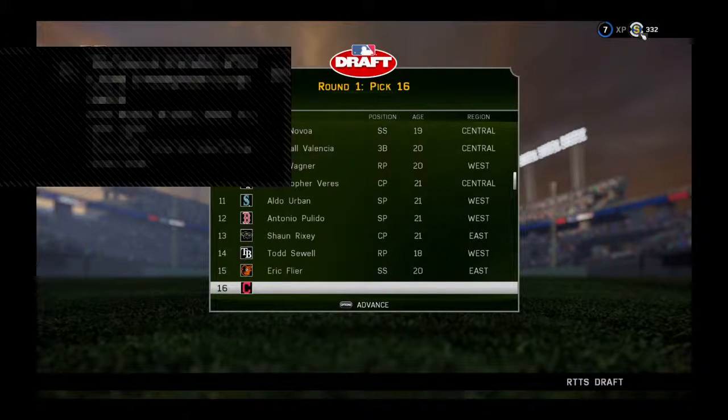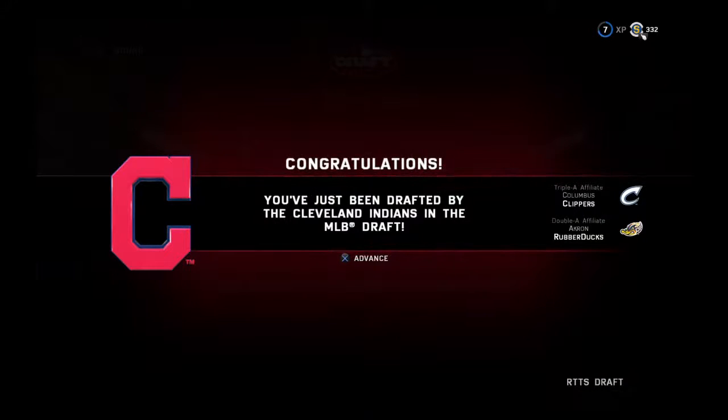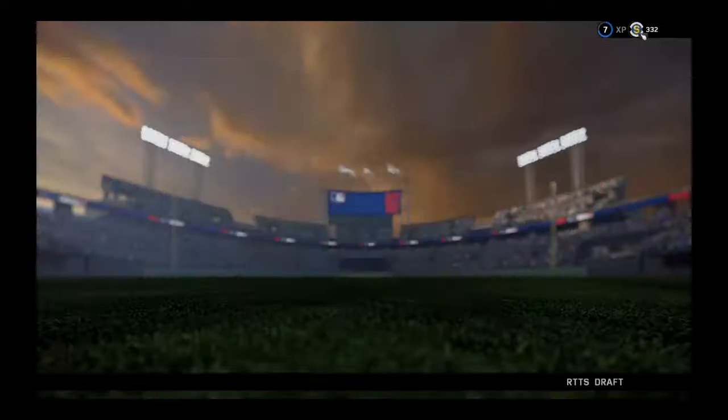With the 16th pick in the first round, the Cleveland Indians select Stephen Eckert, a center fielder from the East region. Okay, so as we make our way through the latter half of this first round, we see another highly...